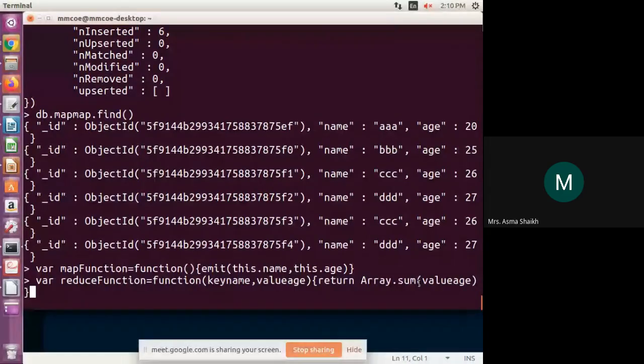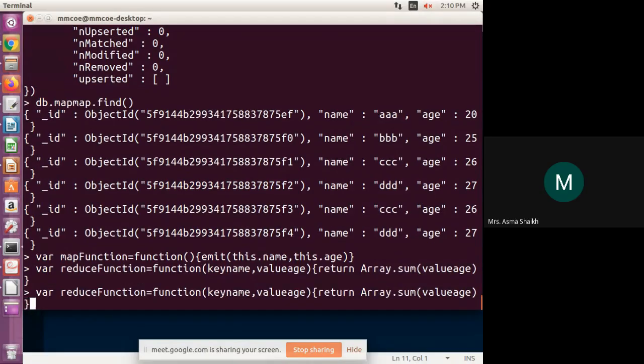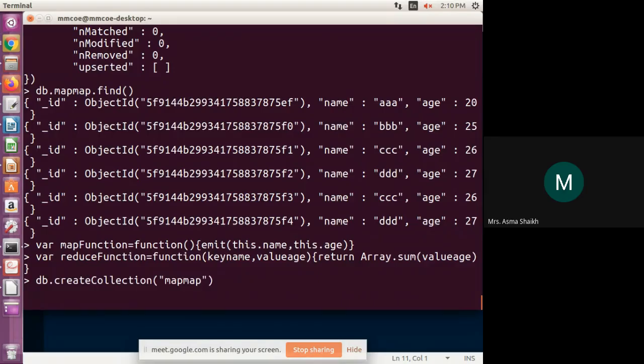Value age means we are checking the age, calculating the sum and trying to manage the same kind of value. So this is my map function. Now I have to use the reduce function, and next the map reduce function.